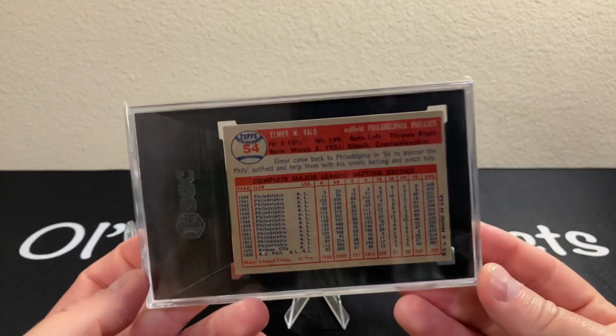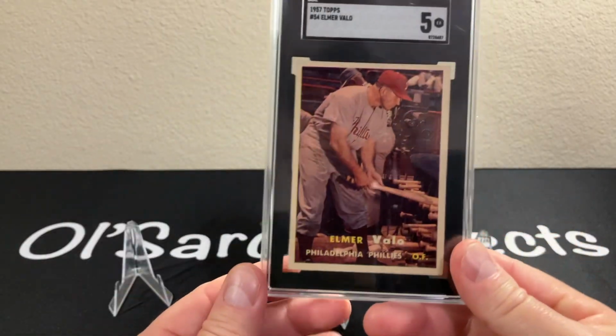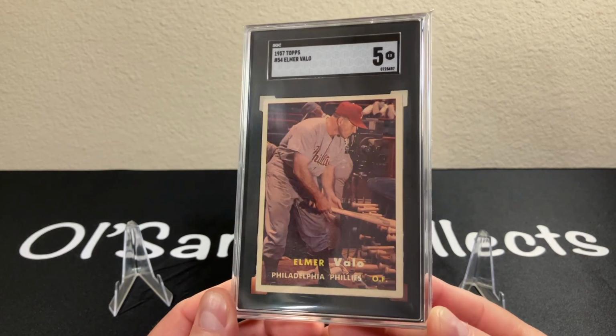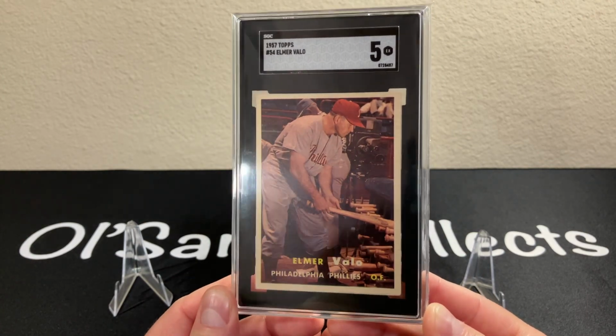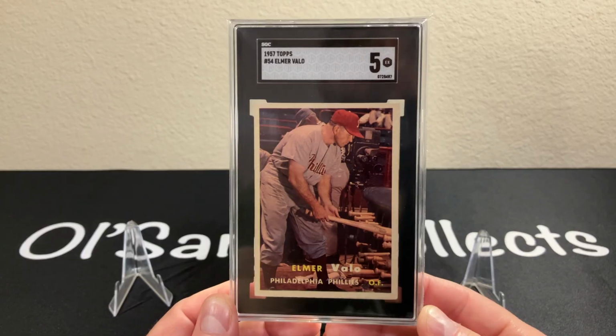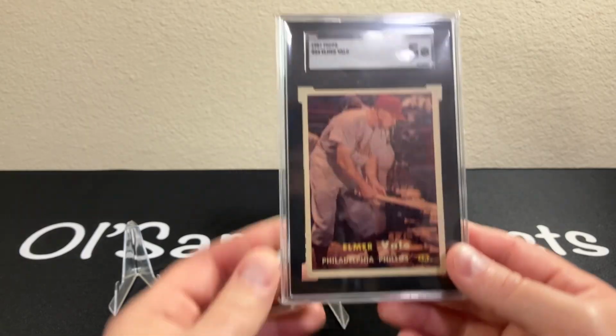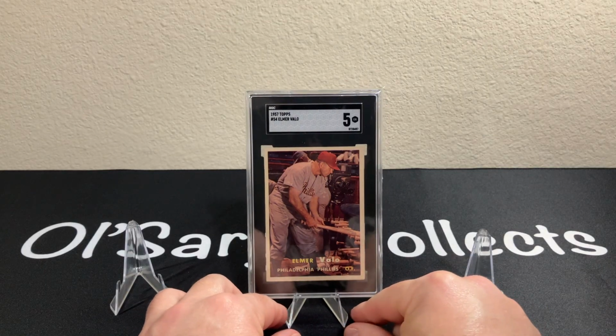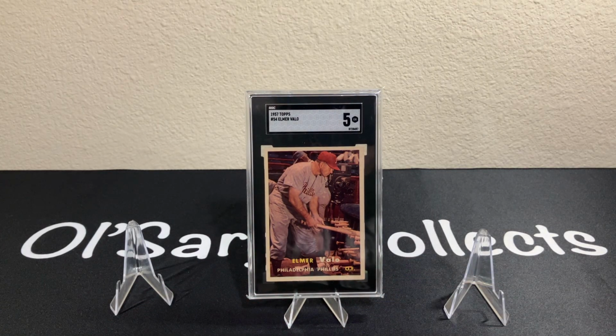Here's the back of it. Elmer Valo was with the Phillies. I don't really know what stadium he's in, and maybe you'll be able to help me out here. So that's the first card. That's the card that this is all going to be based off of. And the second card